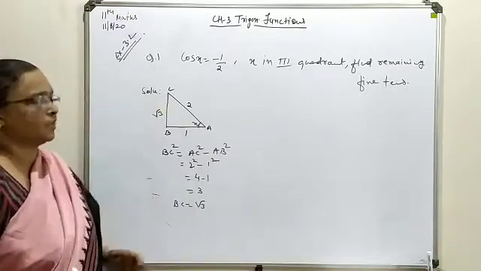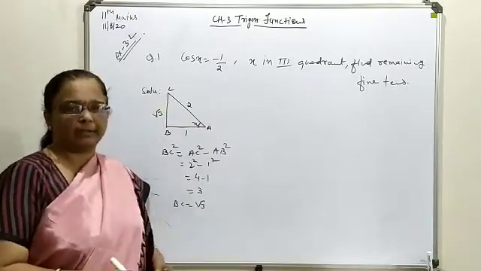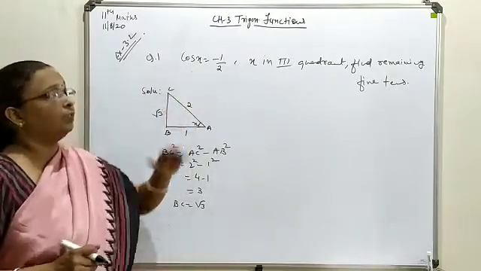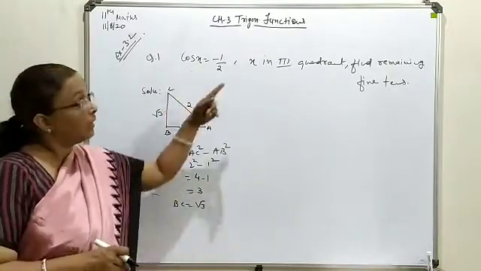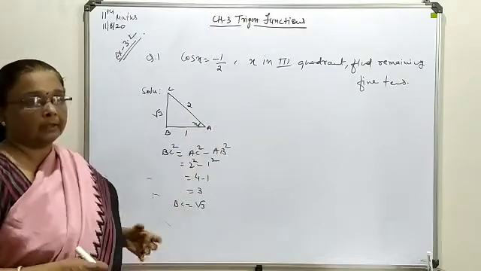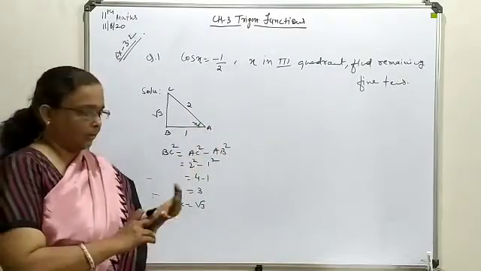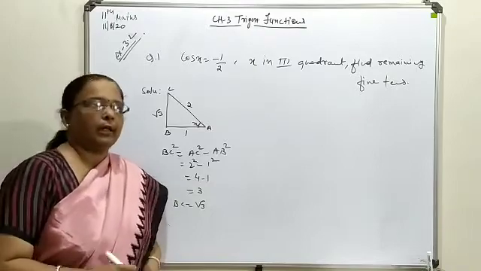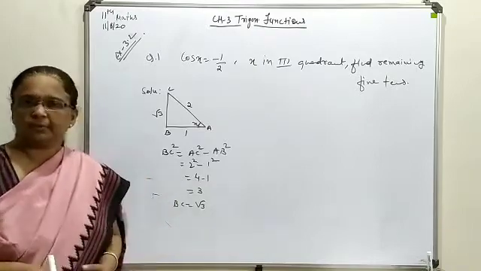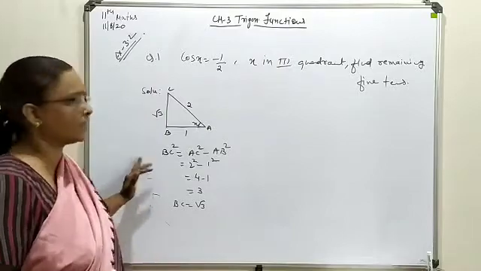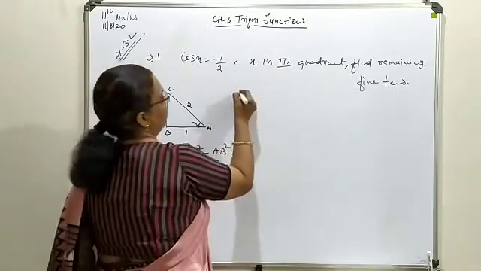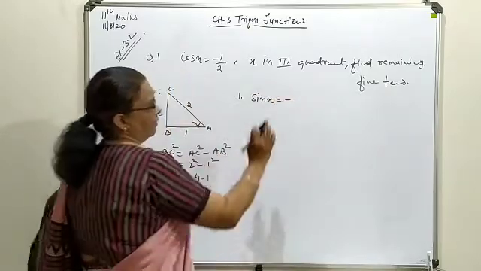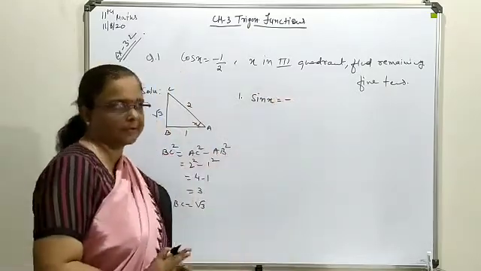So all these 3 values we are having. So now we define the remaining 5 trigonometrical terms in the third quadrant. In the third quadrant we have discussed sine is negative, cos is negative, tangent positive, and accordingly the others are positive and negative. So let's start with the sine term first. First one we define is sine of x. Sine is negative, so first of all we put a negative sign.